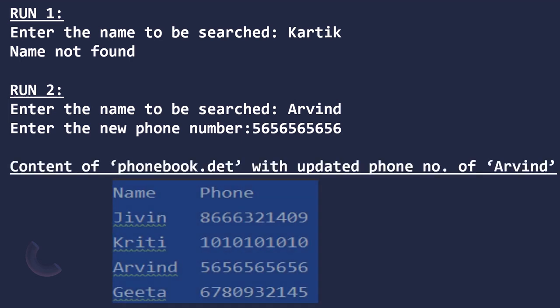Now you can see the content of this file with the updated phone number is like this. My old phone number is replaced by this new phone number, and you can check the old phone number which I have already given in the previous program. You can check with that one. So this is how we can update the content of a file.